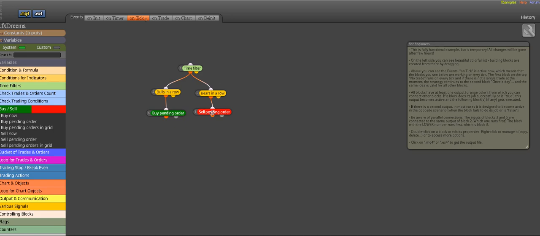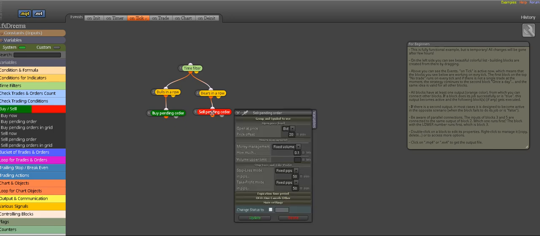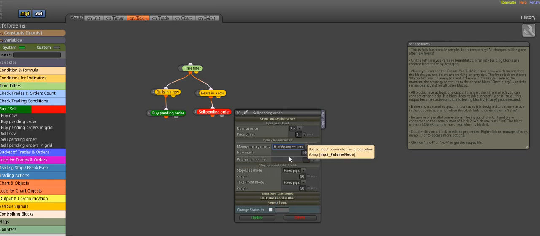Now we're going to do this exactly the same on a selling pending order, or as it's also known, sell stop order. Distance from the current price is again 5 pips, but ticking this box makes it editable. We want to trade percentage of our equity on each of our trades, and we put 2,000 here, which is just enough risk to be on a safe side, but not too big. And we put stop loss at 20 pips, exactly a copy of what we did in the buy module,